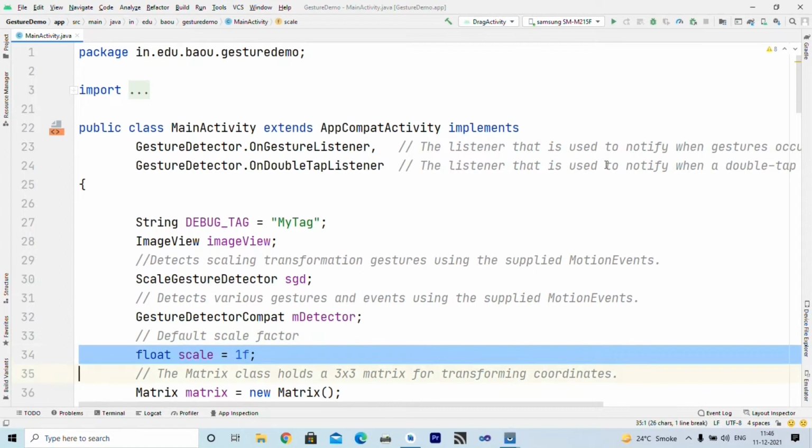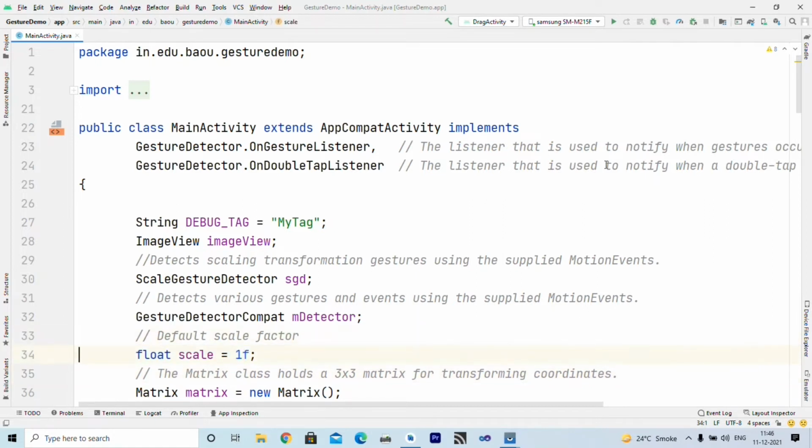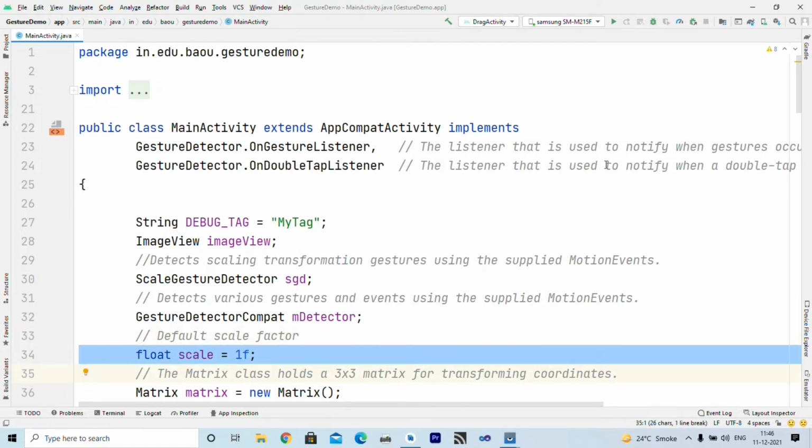Now, the default scale factor. Initially my x and y, or width and height, is 100%. So my scale factor is set to 1. If it is 2, it means I want to make the image twice as large. If it is 3, then thrice. If it is 0.5, then I have to reduce the size to half. So this refers to the scale factor by which I want to scale my image.